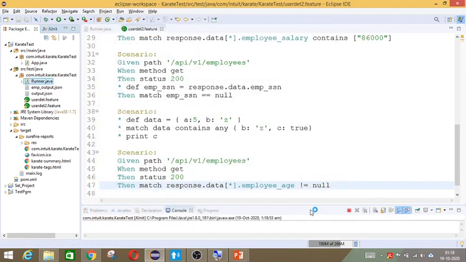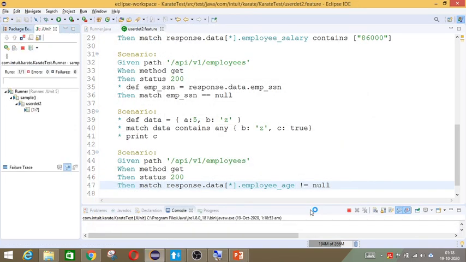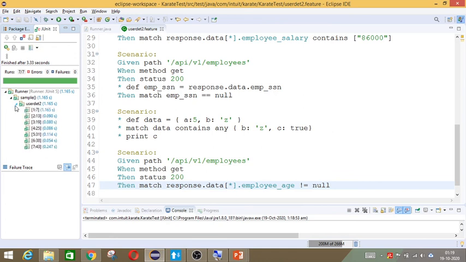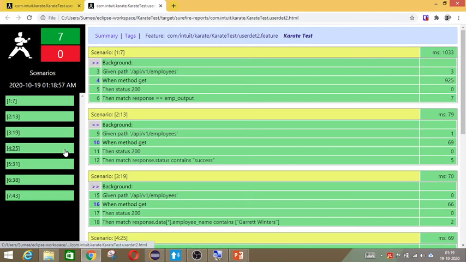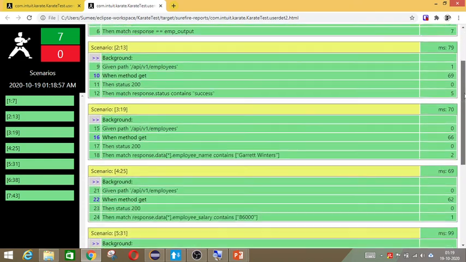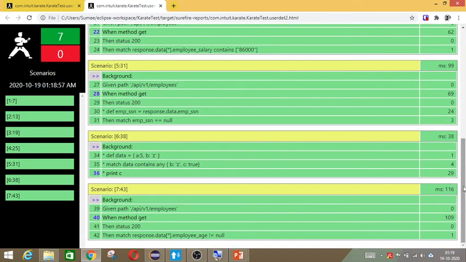Earlier examples we saw what the value for the field was that we compared. Now we are checking whether the field itself is available or not. So it has validated that. So as it is, we have tried close to 7 scenarios, and as you all know, here we just have to refresh to see the result updated in the HTML file. So these are the scenarios, and you can see that the time taken in milliseconds is given. So these are the 7 scenarios that got executed. Each of that you can see one after another.